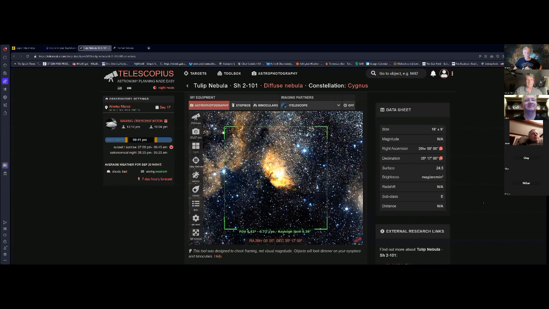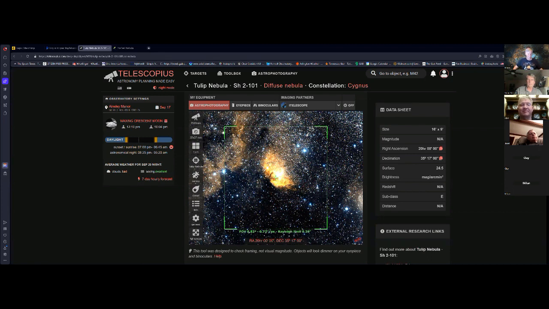Okay. Clay and I talked about the Tulip Nebula, which is certainly a possibility that's both wide field and narrow, if you will. One of the things that would be helpful to understand. Do you see this graph? Do I need to share that too? What are you looking at? Are you still looking at the nebula itself off of Telescopius? Yeah, that's what we see.